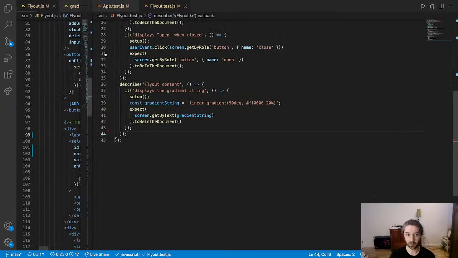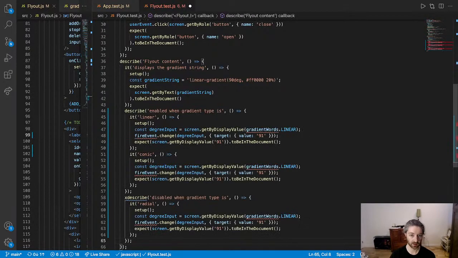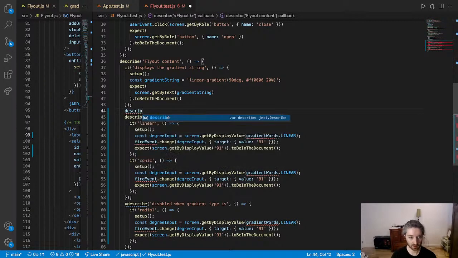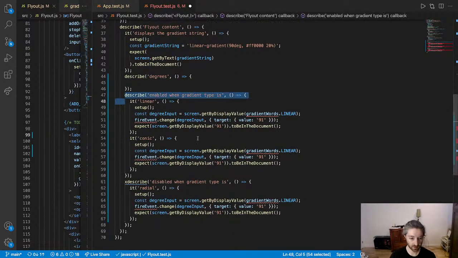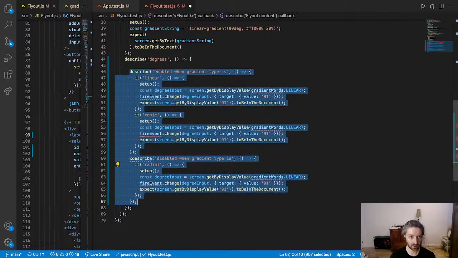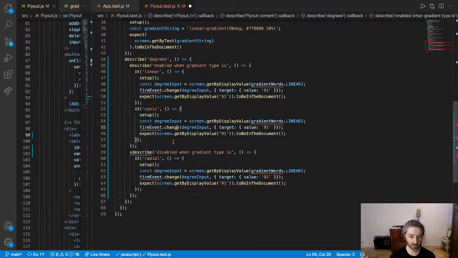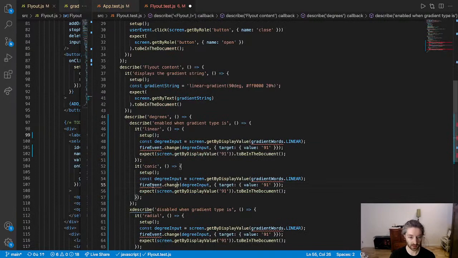So for example, flyout content, this would be degrees, because that way I don't need fire event actually,